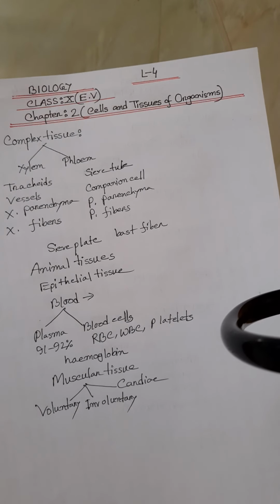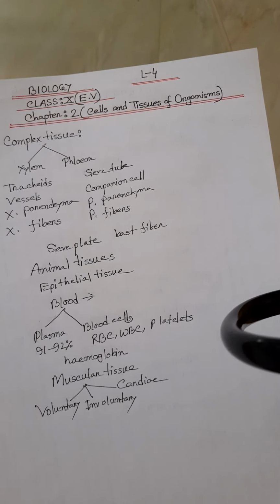The nervous system consists of the brain, spinal cord and cranial nerves. The excretory system consists of a pair of kidneys, a pair of urinary ducts, one urinary bladder and one urethra. Then endocrine glands. Some examples of endocrine glands are pituitary, thyroid, parathyroid, islets of Langerhans of pancreas, suprarenal, etc.